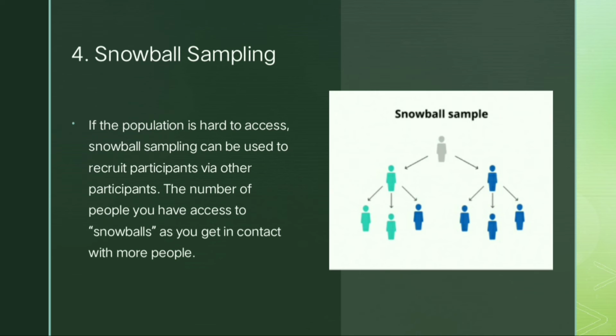Kapag nag-slide siya pababa, syempre palaki siya ng palaki, 'di ba? Kasi nakakakuha siya ng snow sa surface nung mountain. Kaya habang bumababa siya, palaki siya ng palaki. Kagaya nitong nasa picture, nakakuha si researcher ng isang participants. Yun na yung gray. And then, yung isang participants na yun ay nakakuha ng 2 participants, which is yung green and blue. And then, nakakuha sila ng tig-3 participants para siyang triangle